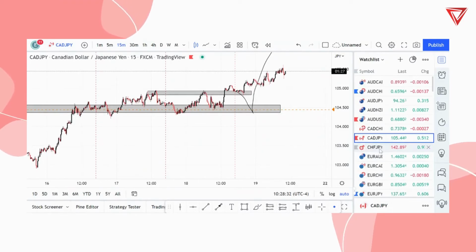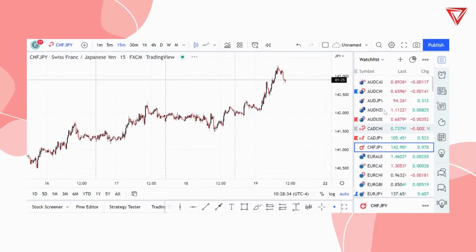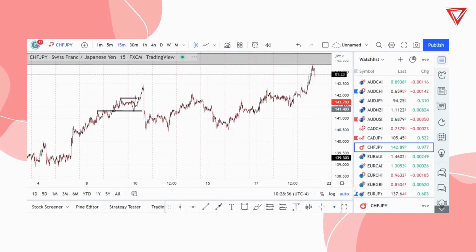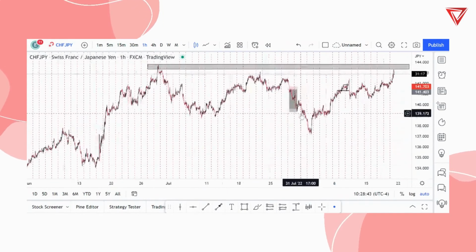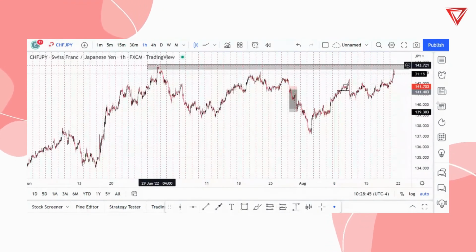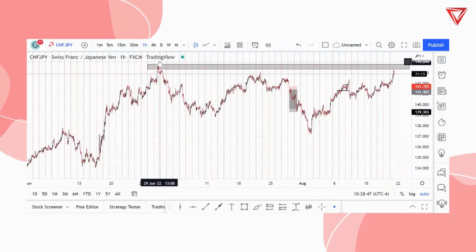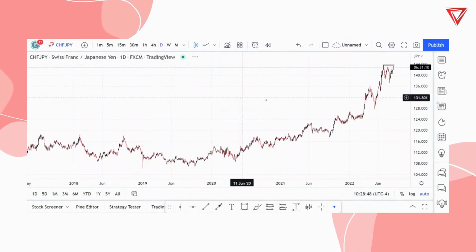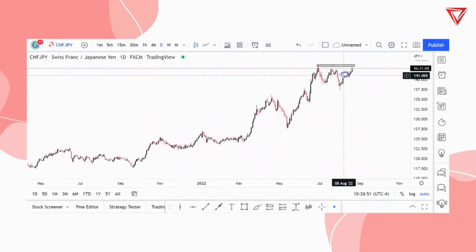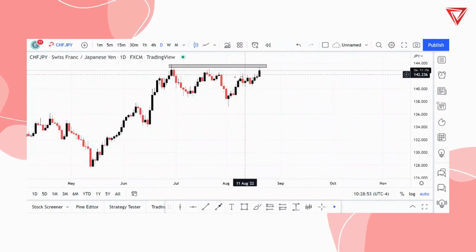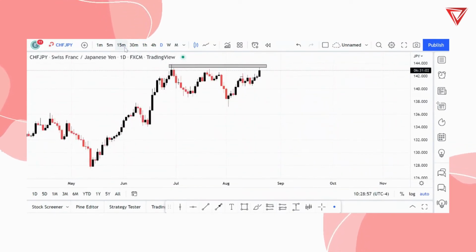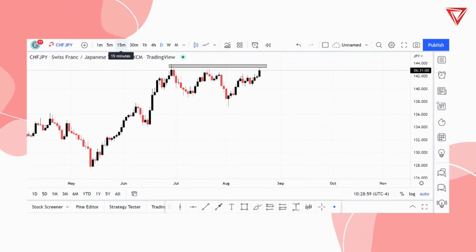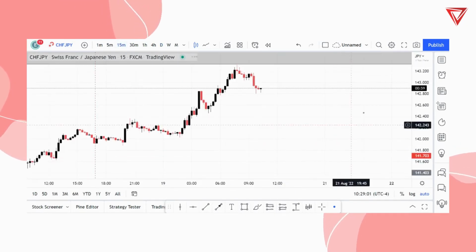The next thing, did I have anything on CHF JPY? So I'm going through all the pairs, right? CHF JPY, we have something interesting here. We have a liquidity zone up here. So what I can do, I can go on the higher time frame. We know that there's liquidity up at this area because obviously there are people selling here. I'm positive if you try to sell here, that's exactly what they want. So in my opinion, I think that that's a trap. And if it were a reversal, why would they try to get back there again? But we'll leave this alone for now.